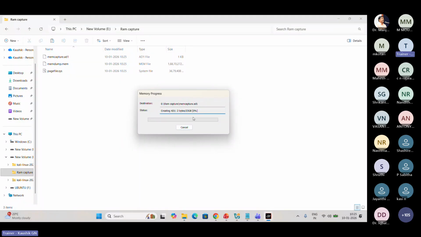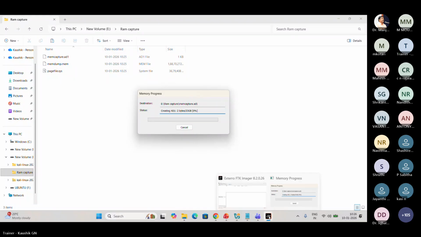It is taking time because I have also given an .ad1 file. Does anyone know what an .ad1 file is? It is the image format. Nothing specific about it. Yes, it is creating.